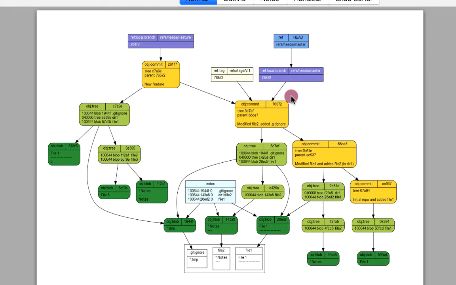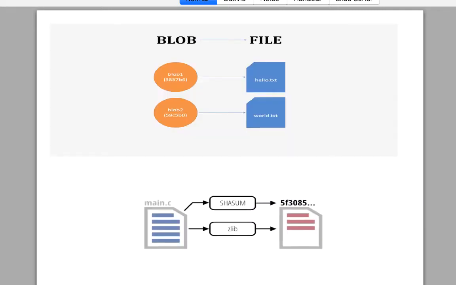So we'll be learning various terms in this chapter, like what is a blob, how blobs come together and create a tree, what is a commit, and what is the meaning of tags as well. Any file which we create in our repository will be a blob. For example, let's assume I made changes in the main.c file.